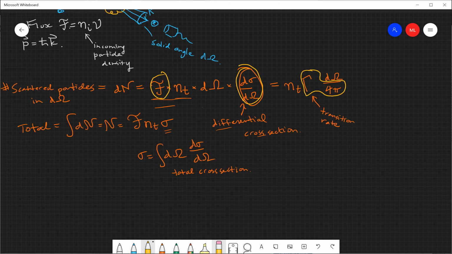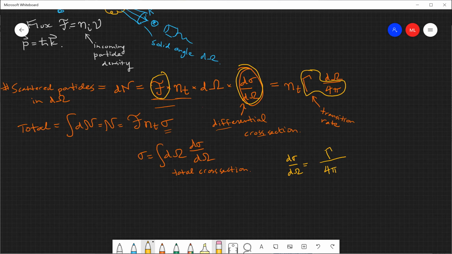You have the solid angle multiplied by the target density. So these two things, the things in yellow, must be equal to each other. So from that, we can identify that the differential cross section is equal to the transition rate divided by 4 pi times the flux,